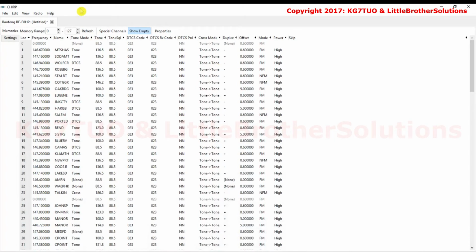Okay, so now we have an image of a radio with data we want to copy to another radio. So we disconnect the first radio and do the same procedure with the radio to be programmed, or the target radio. In this case, I'm going to take the data from the UV5R Tri-Power and upload everything in it to a standard UV5R. So I'm going to repeat exactly what we just did in order to get the target radio image, but I'm not going to talk you through it step by step. So see if you can follow along.